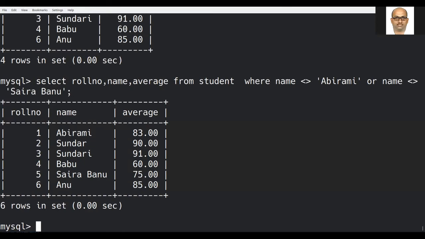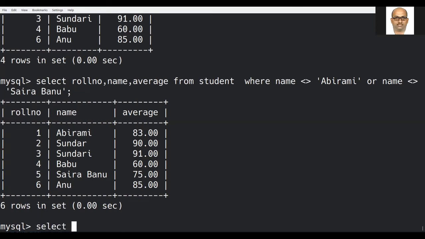So with respect to pattern matching, this part plays an important role. Pattern matching.